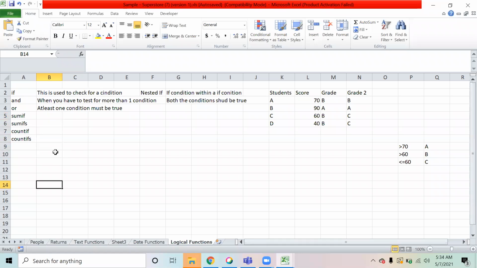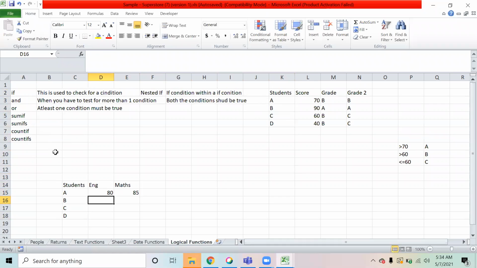Like, for example, I have students with me. I have their English score and their math score. Now A scored in English 80, and in math he scored, suppose, 85.